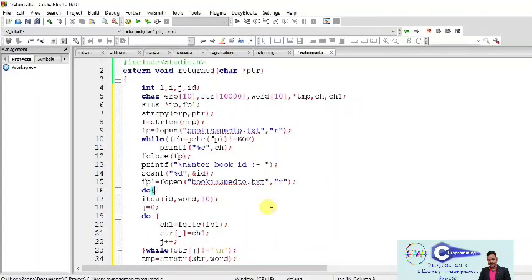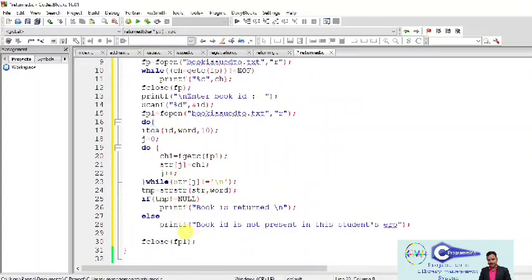We are assigning a do-while loop. We will run it while the value of book ID, that is the value of ID, is not equal to 0. If a person passes the value of book ID as 0, it means he doesn't want to return his book, and our program execution will be done. But if the value of ID is not 0, it will run again and again, and here we will print